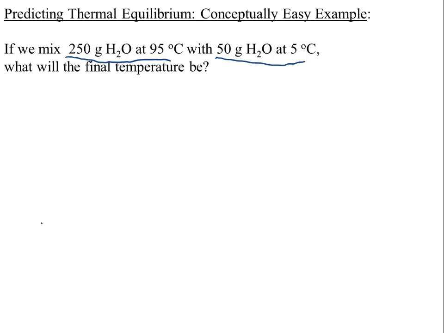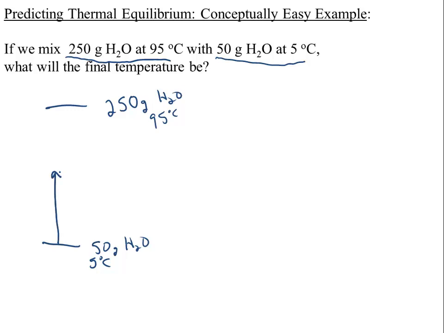It helps to do this if you draw a little diagram. So you have 50 grams of water at 5 degrees. And then you have 250 grams of water at 95 degrees. And so the cool water is going to go up, the warm water is going to go down, you're going to reach somewhere in the middle, and that'll be our final temperature, and we need to find that. So what that means is that our cool object will be